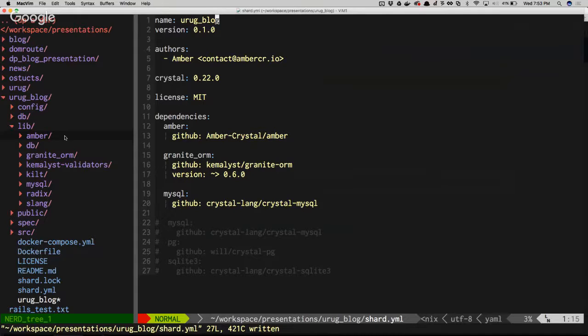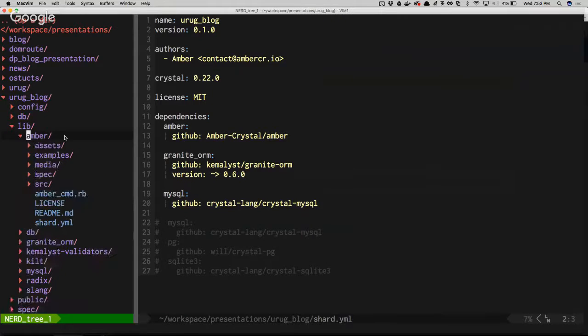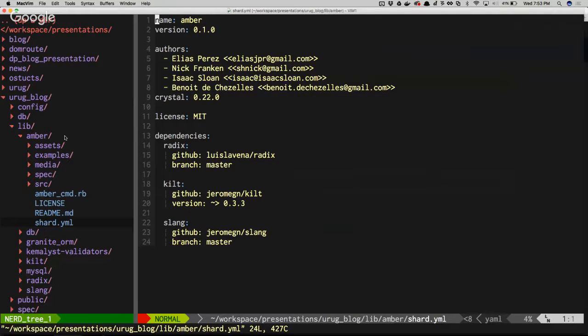So yeah, this also is basically similar to your gemspec. In this case, it's like a project, so a gemspec is less necessary, but in the case that this was actually a path, if I were to click on Amber right here and go down and look at its shard, this is its requirements. It having a version and a name and authors and Crystal versions and licenses is pretty much exactly a gemspec, but it makes it more clear in the case of a library where your dependencies should be.